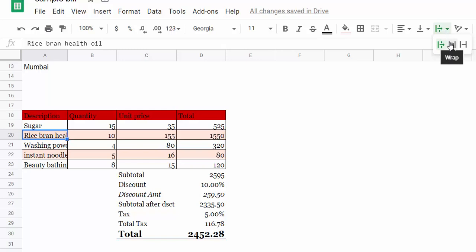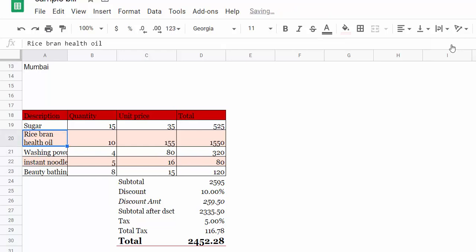So one way is you will overflow the cell, means it will come in the next cell. Another option is you can wrap the text. So when you will say text wrapped, in the given column size, it will fit the text. So these are the different ways you can do text wrapping.